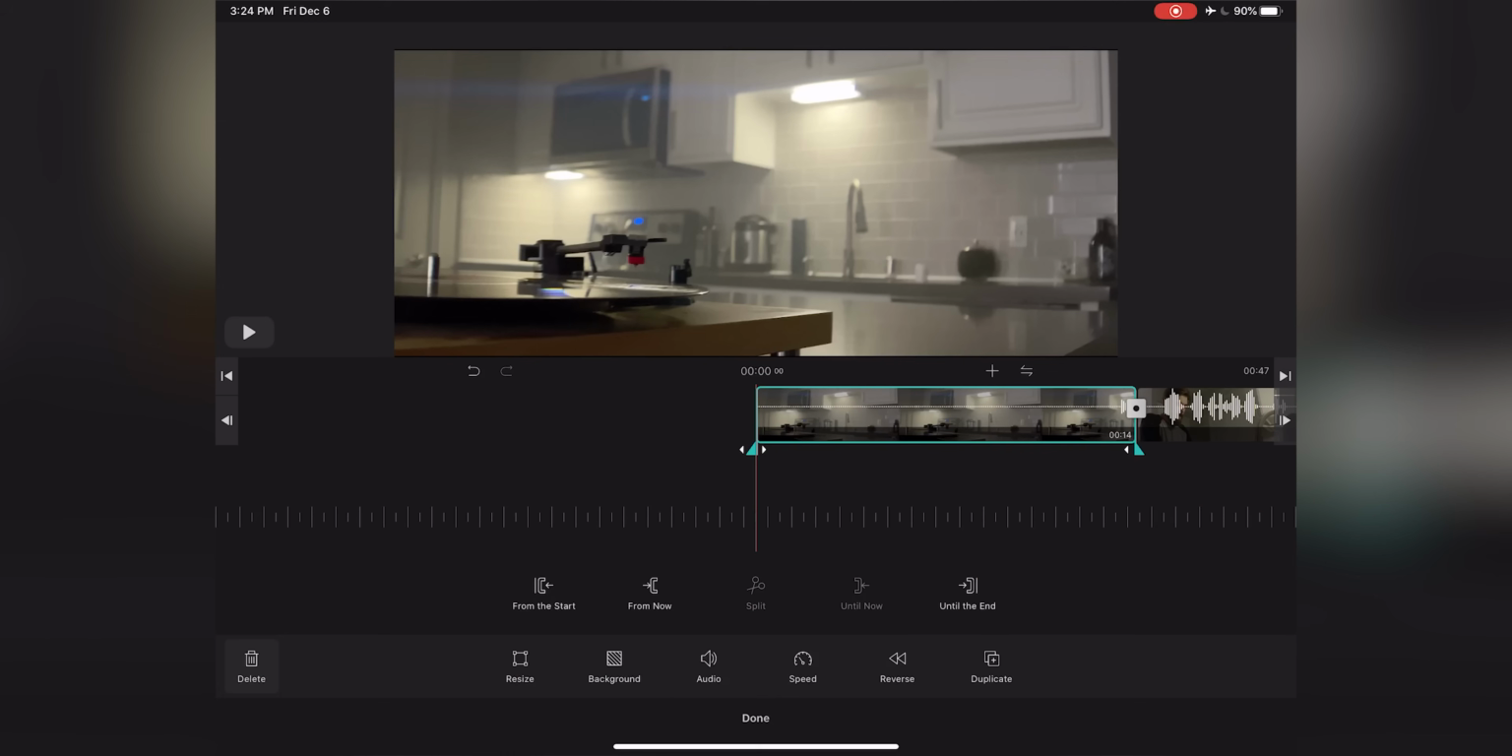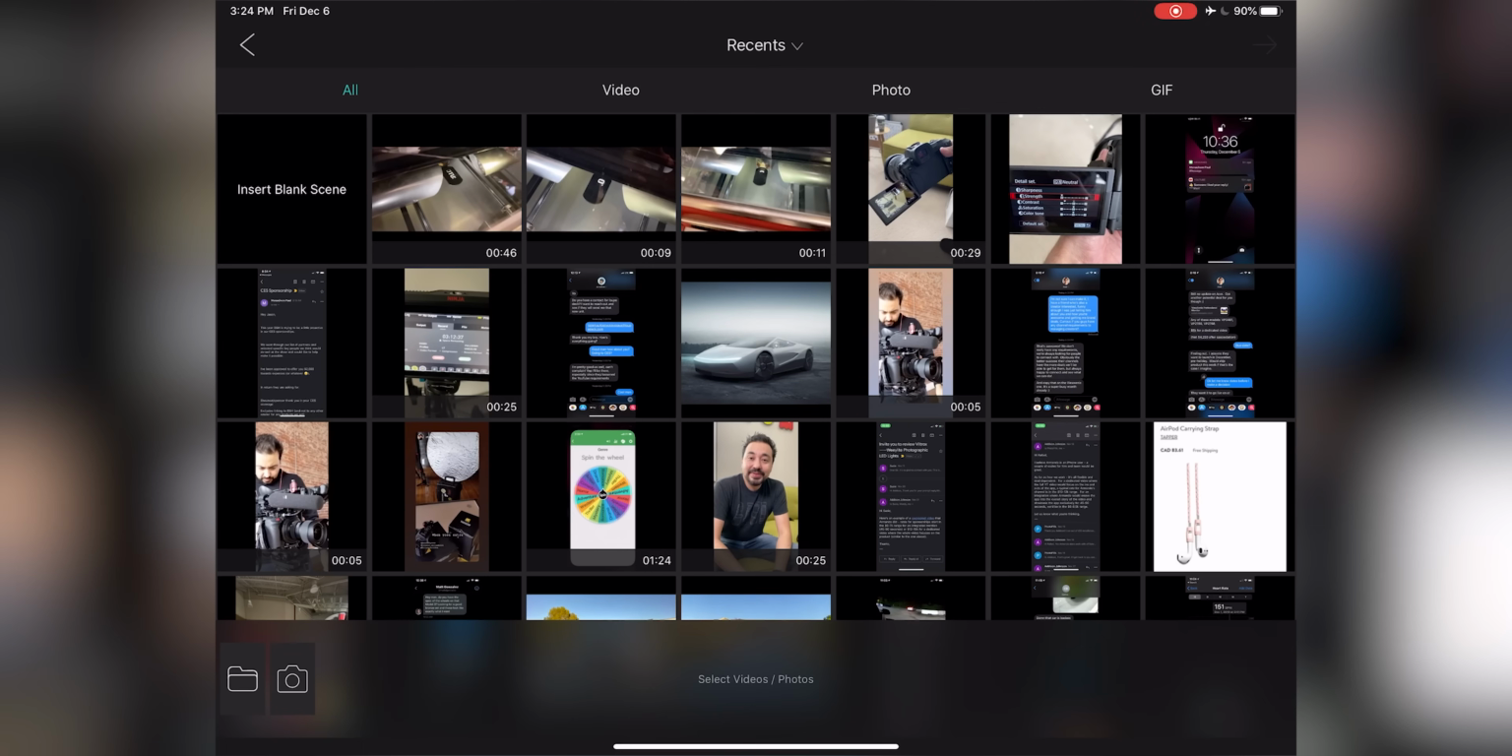So I need to add a blank screen. Now, normally you would have to create this like blank sheet or like a blank frame. You don't have to do that with this. All you need to do is this little plus sign allows you to import footage or audio, or you can insert a blank scene, which we're gonna do. So down below, you'll see that it inserted it into my kind of like a storyboard,